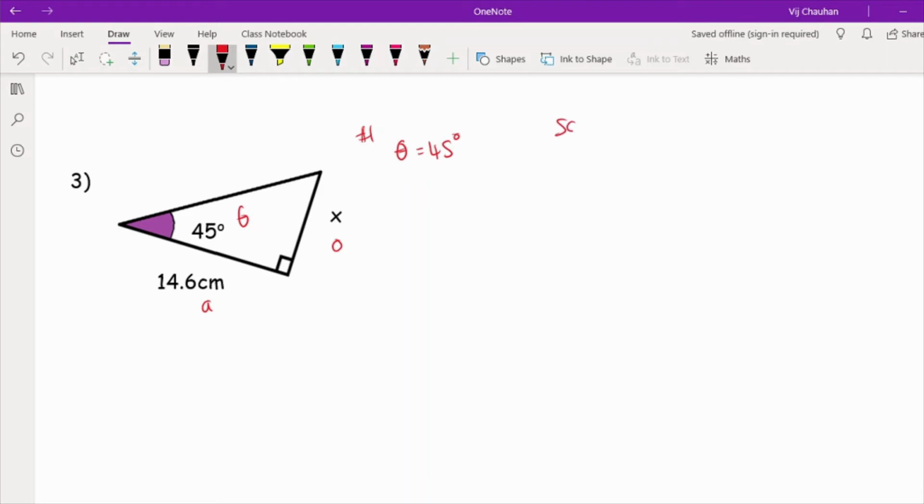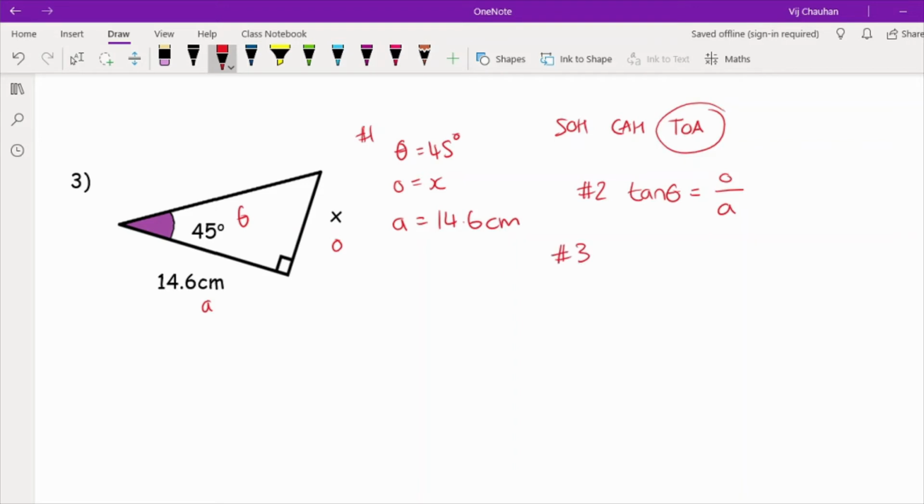So again, writing down SOHCAHTOA. I'm looking for a trig ratio that uses both O and A, and that's going to be tan. So my second step is writing down the formula. So tan theta equals opposite over adjacent. Then step 3, all I need to do is substitute these numbers in step 1 into my formula of step 2, so I end up with tan 45 equals x